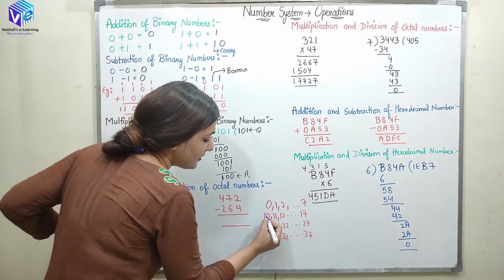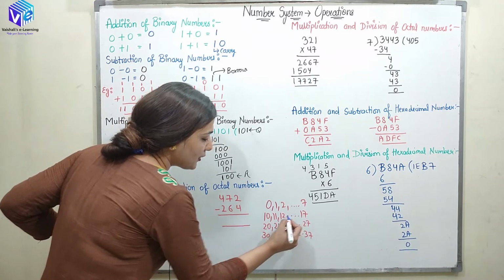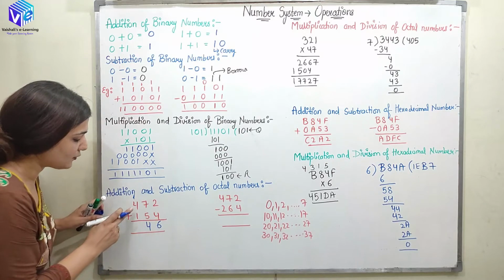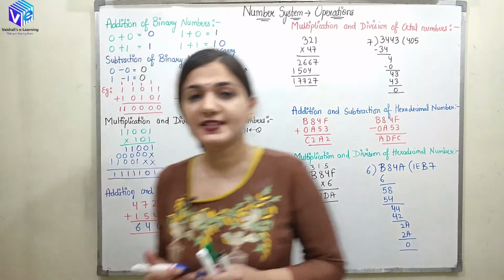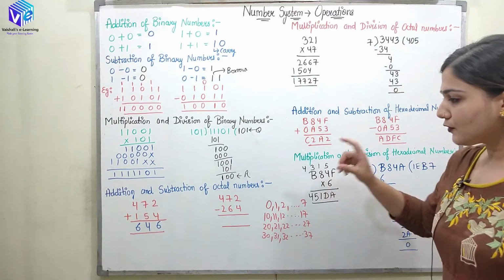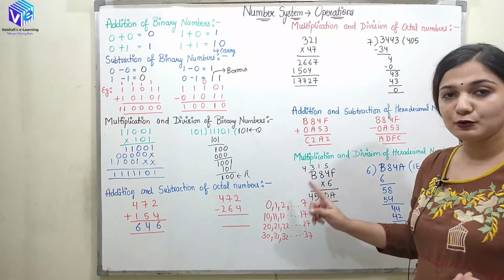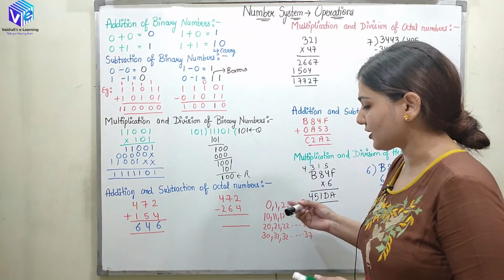So this is 7, this is 8, this is 9, this is 10, 11 would be 13 and 12 would be 14. So here we will be having 4 but 1 as the carry. So 4 plus 1 will be 6. So this is how we are going to get 646, right? So you convert it into the decimal number system, you see which number is equivalent in the decimal number system, and this is how you can do the addition and the subtraction.